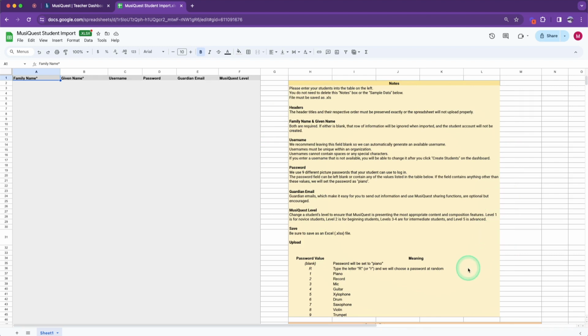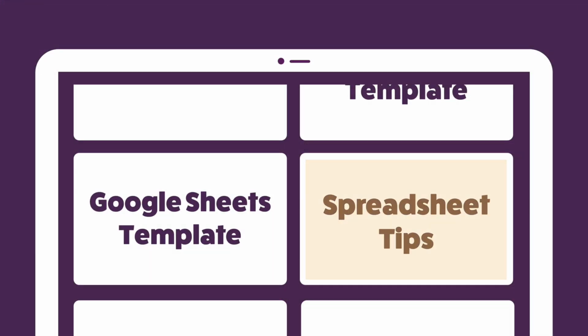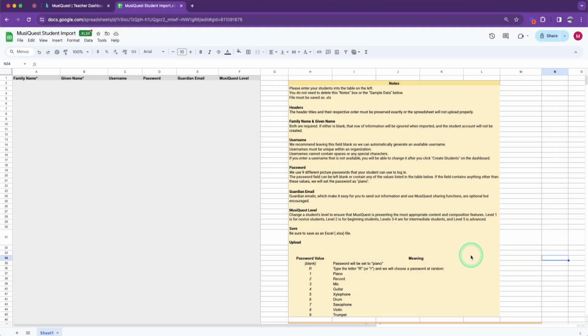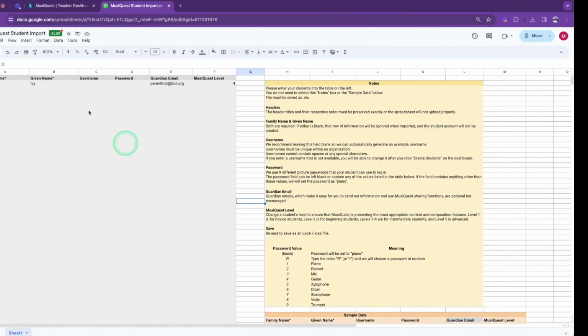The yellow area also consists of important and helpful information to keep in mind while inputting student data. The fourth video in this playlist will go over the yellow section in further detail. At this point, you can begin inputting student information either by typing in the information or copying and pasting from